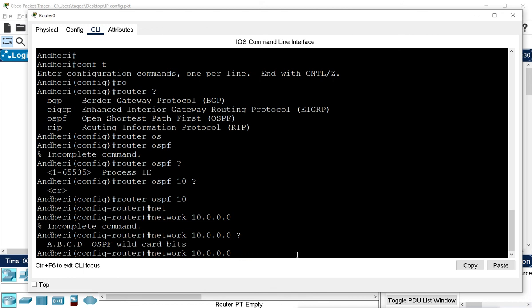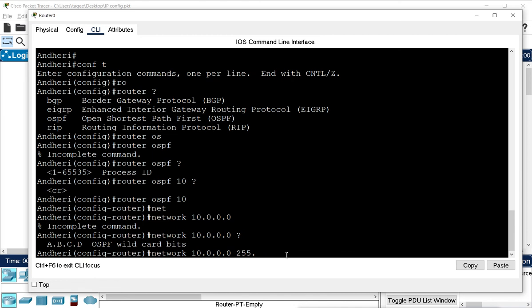Now what that means, the default subnet mask is 255.0.0.0. Here we have all the bits on, and here we have all the bits off. Now we have to reverse it. Reverse it means disable the on bits and enable the disabled bits.